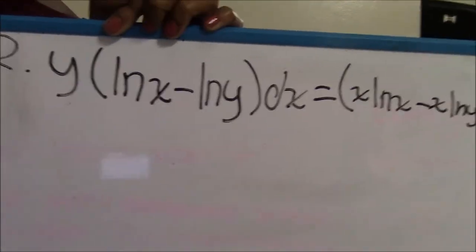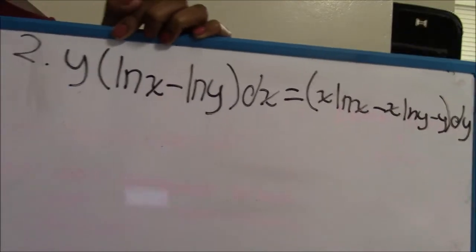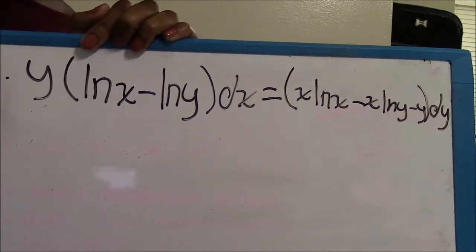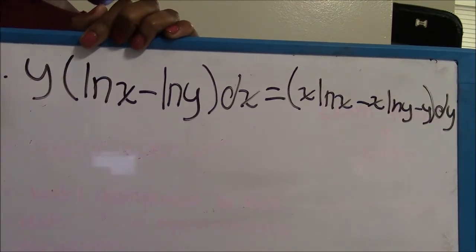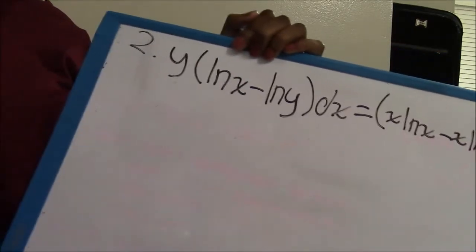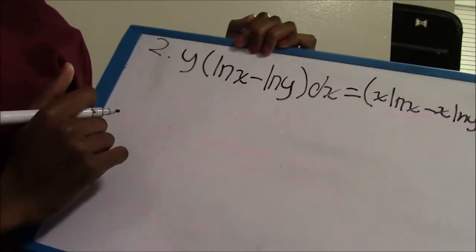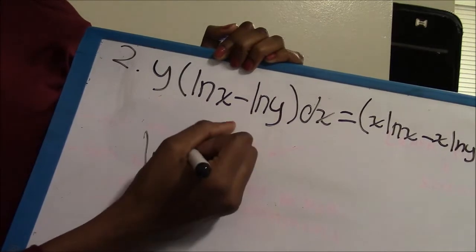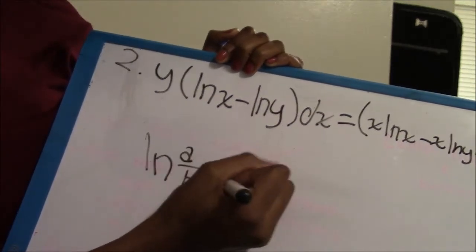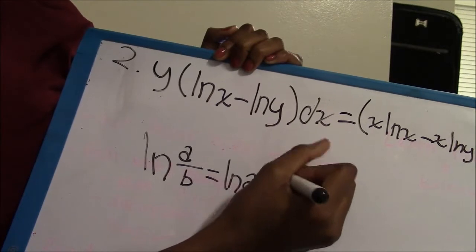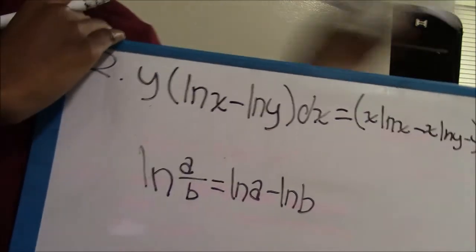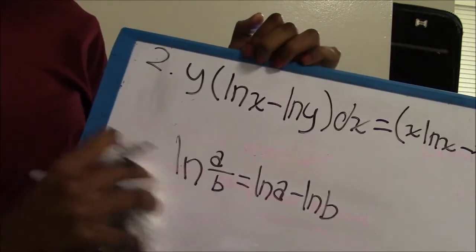So the first thing that you have to do for this problem is you're going to have to change the ln of y and the ln of x's to the ln of x over y. And in doing that, we're going to use the property that is, if I have the ln of a over b, that's equal to the ln of a minus the ln of b. So, in using this property,